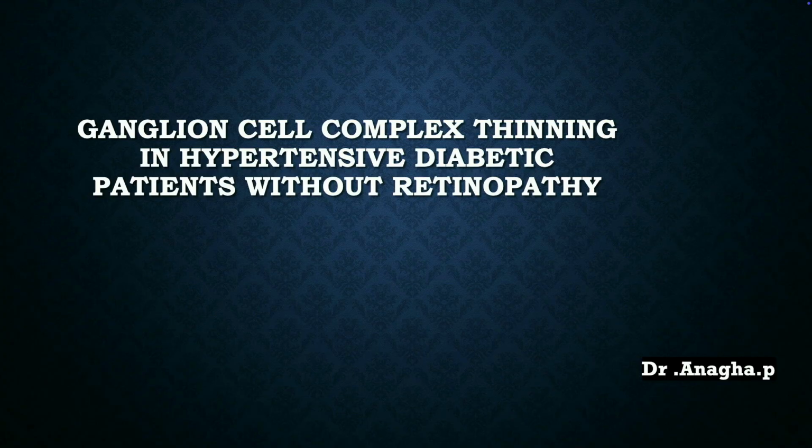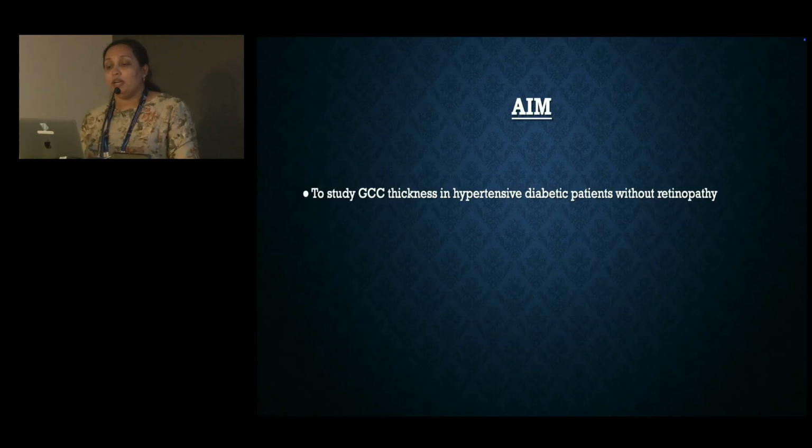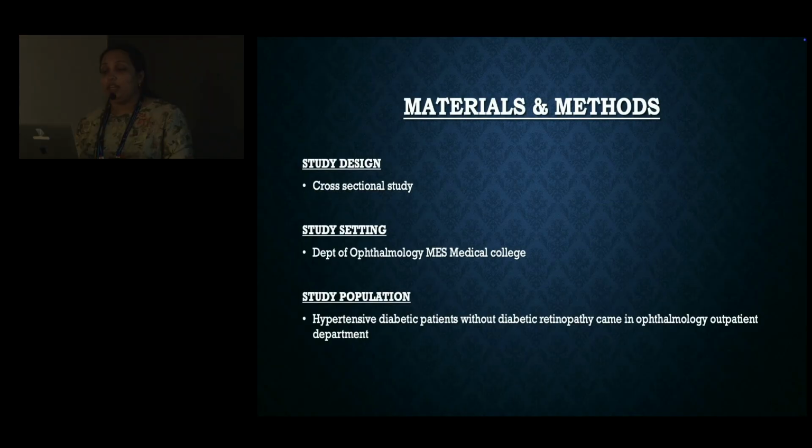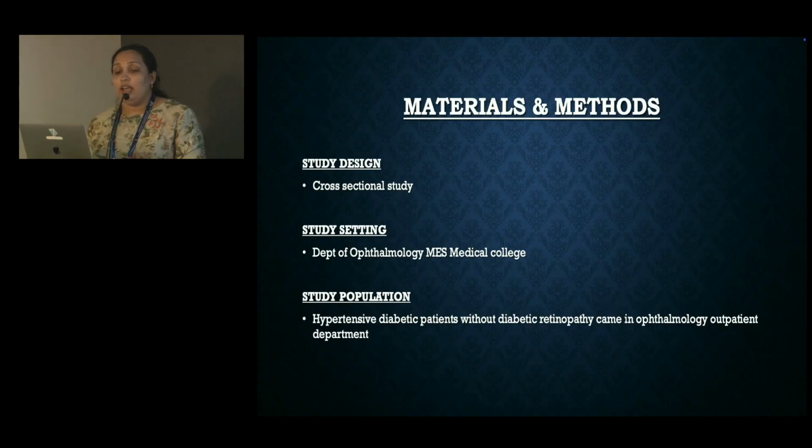Good afternoon. My topic is ganglion cell complex thinning in hypertensive diabetic patients without retinopathy. The aim of the study is to study ganglion cell complex thickness in hypertensive diabetic patients without retinopathy. The materials and methods: the study design was a cross-sectional study and the setting was the Department of Ophthalmology, MES Medical College,